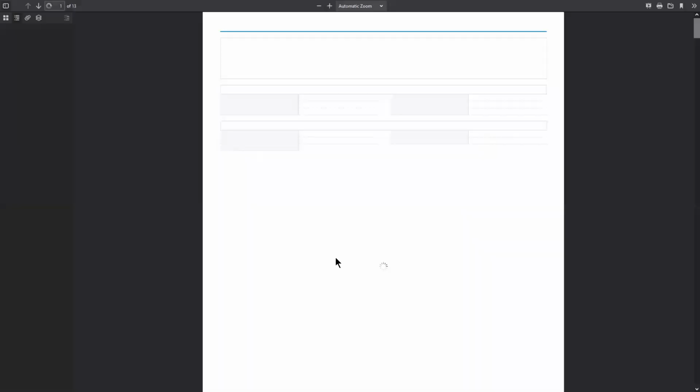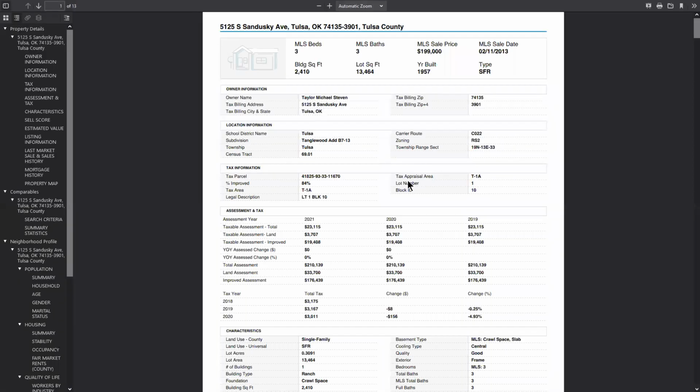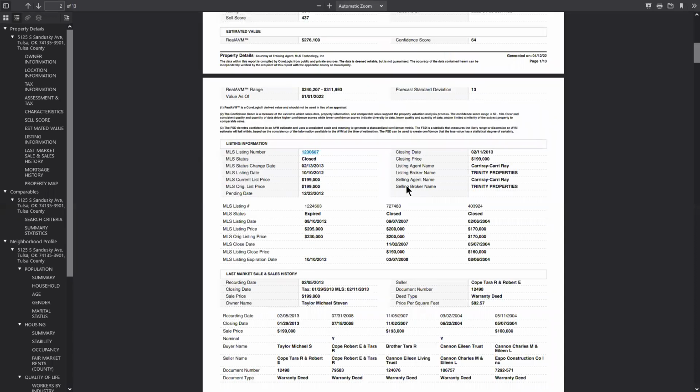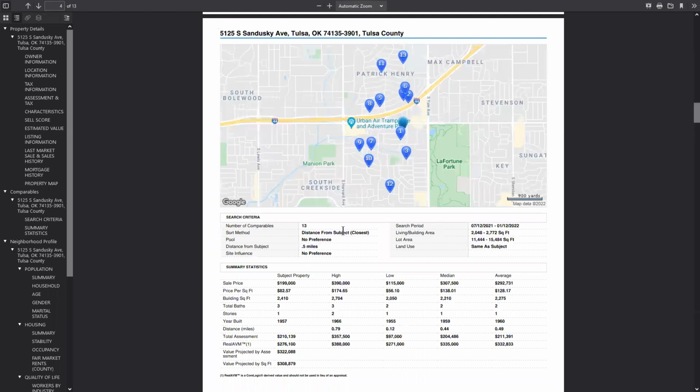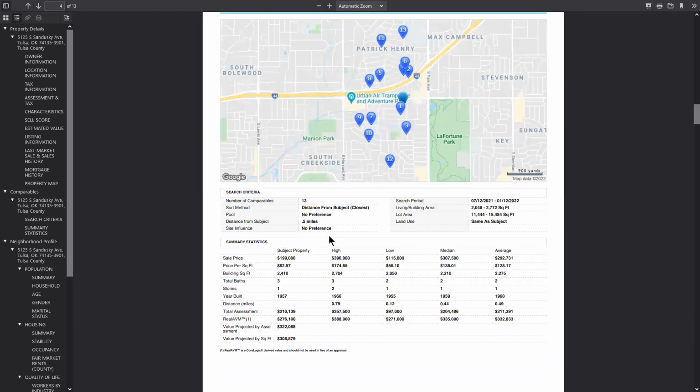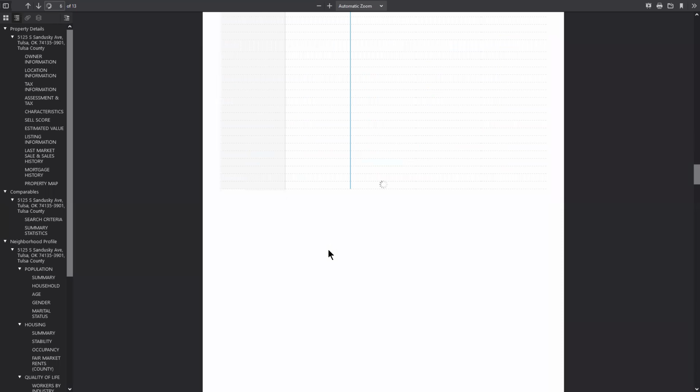So if you land on a brand new piece of property that you've never searched for before, you've never generated a report for on the comparable side, when you run the custom print option or custom email option, it's going to finalize that report whether you verified the information in it or not. So just be prepared for